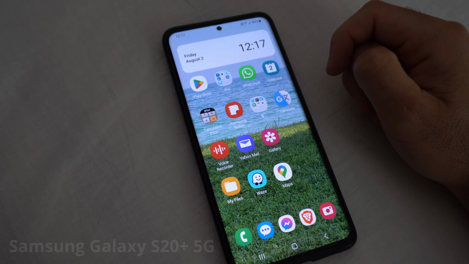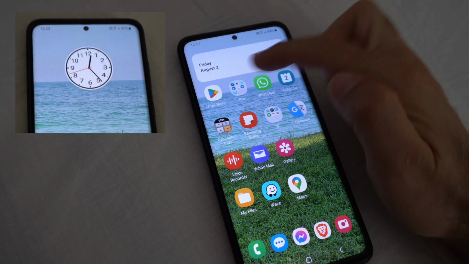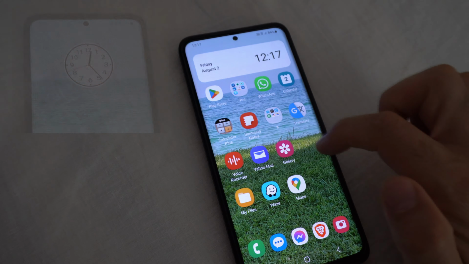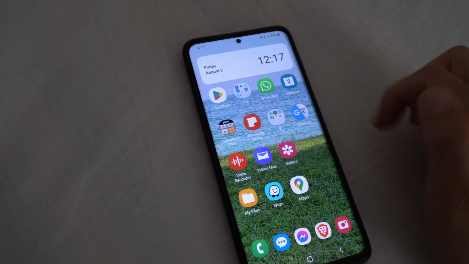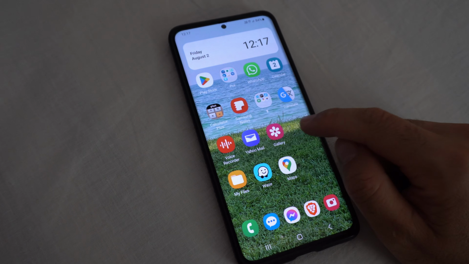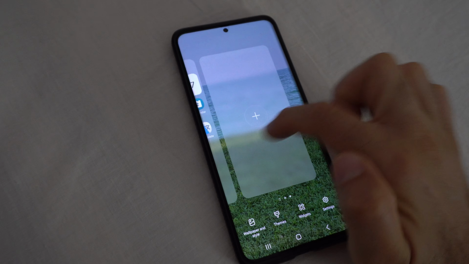Here's an Android phone. It's a Samsung Galaxy S20 Plus 5G. Let's see how to add an analog clock to the home screen. Currently, if I swipe to the left and right, I don't have any second page. So first of all, press and hold an empty area, like so, and swipe to the left and click on